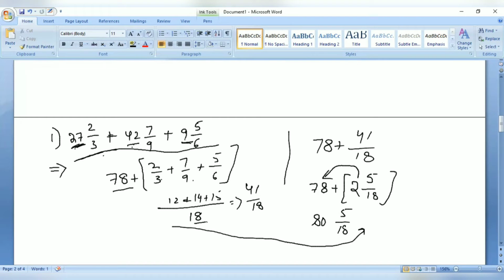We know that the LCM is 18 and we have just taken the normal procedure because 18 in 3, 6 times 6 into 2, that is 12. 18 in 9, 2 times 2 into 7, 14. 18 in 6, 3 times, 3 into 5, 15. So we added, the value came 41, 41 by 18.